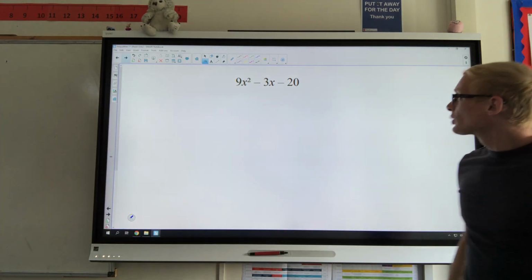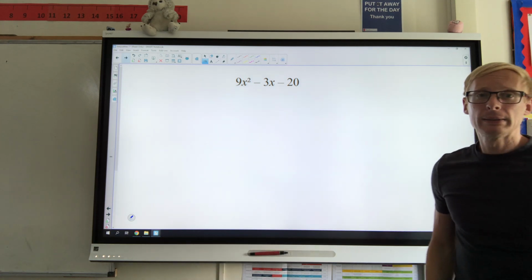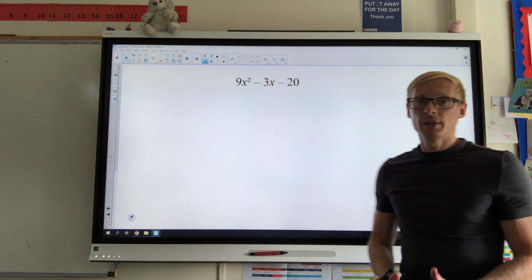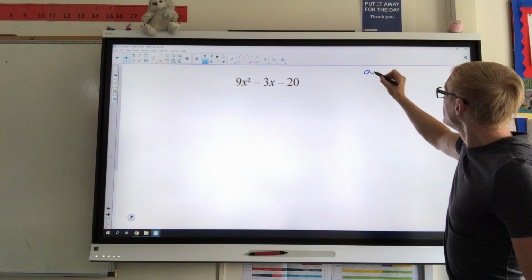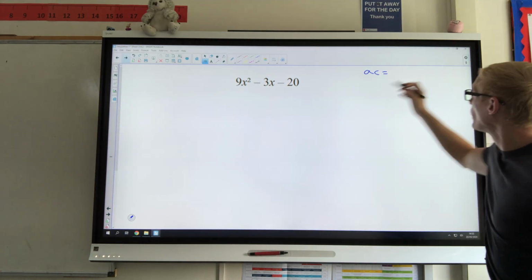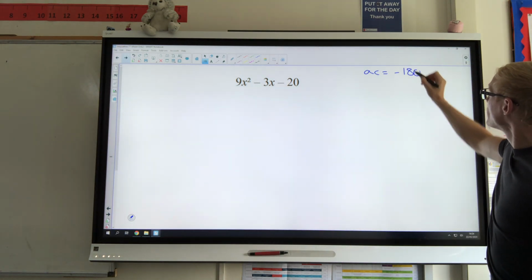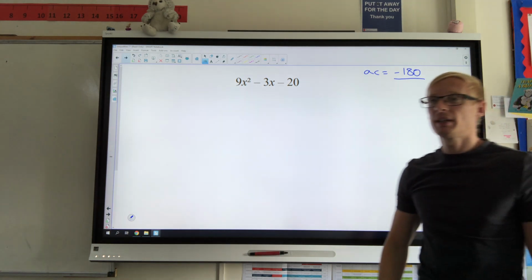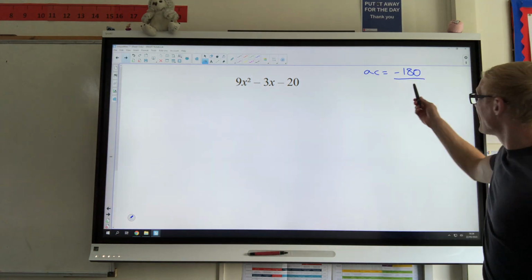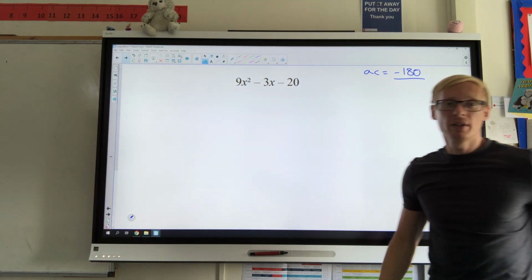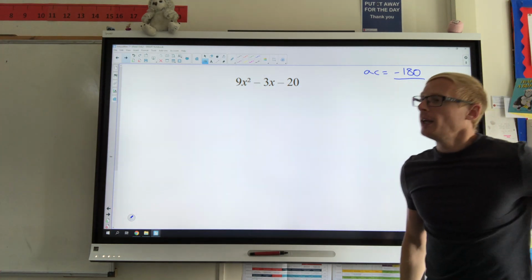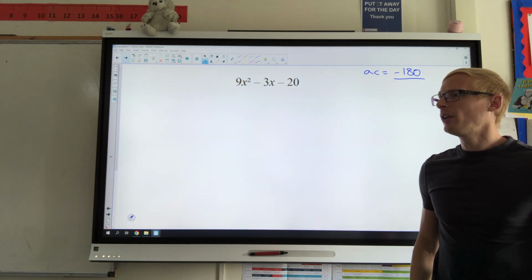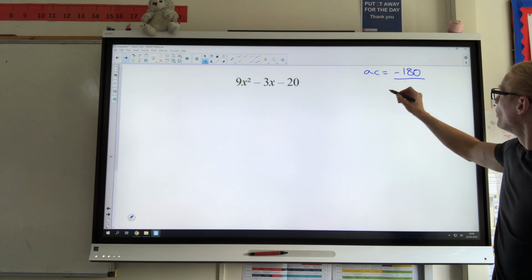So we're looking at 9x squared minus 3x minus 20. Same concept, okay, so AC first. We're looking at AC equals 9 times negative 20 is negative 180. So we're looking for numbers that times to make negative 180 and that add to make negative 3. So the sum of them is negative 3. So we can go through those, but straight away,